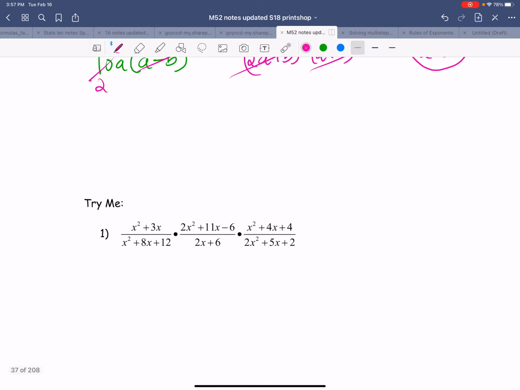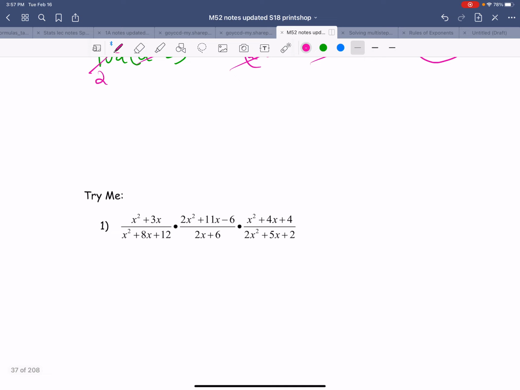Let's look at one more example of multiplying rational functions. So x squared plus 3x over, these are the try me problems. Go ahead, pause the video, try these problems, come back and check your answers with me. So you are supposed to start by factoring every single expression and then cancel out the common factors between numerators and denominators. And then from there, just leave your final answer as whatever you're left with in the numerator and whatever you're left with in the denominator. So 2x squared plus 11x minus 6, that is going to be